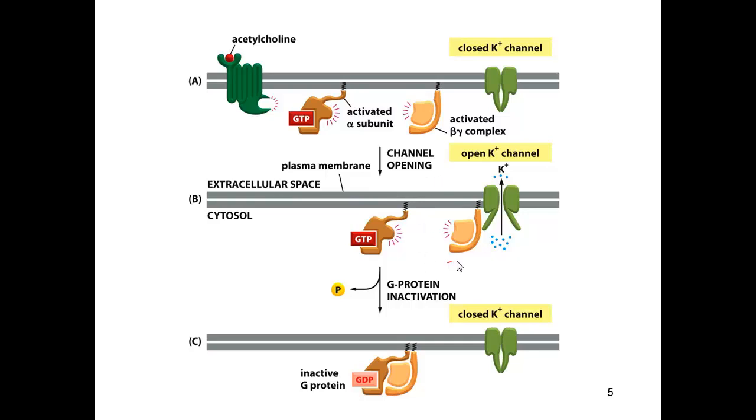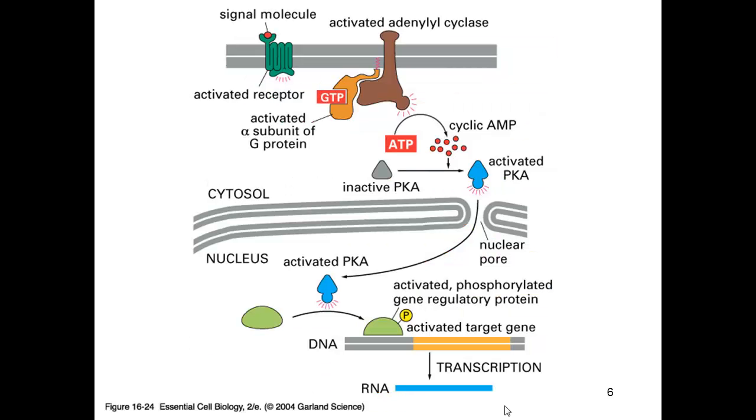This is an example of the activated beta gamma complex interacting with a potassium channel, causing it to open and allowing potassium ions to flow out. Eventually, the GTP in the alpha subunit will hydrolyze to GDP. This will increase the affinity for the complexes again, causing them to reassociate and inactivating the beta gamma complex as well. Another class of G-protein coupled receptors are those that use as intermediates the